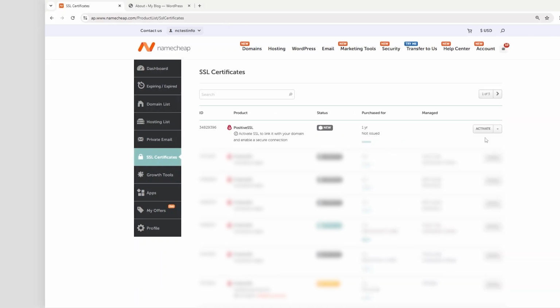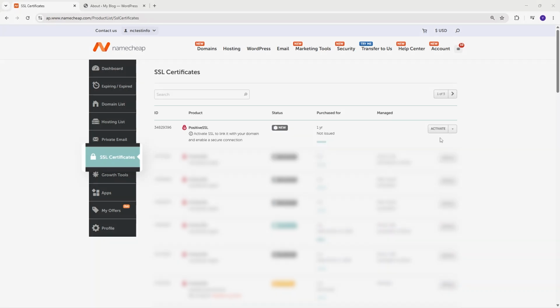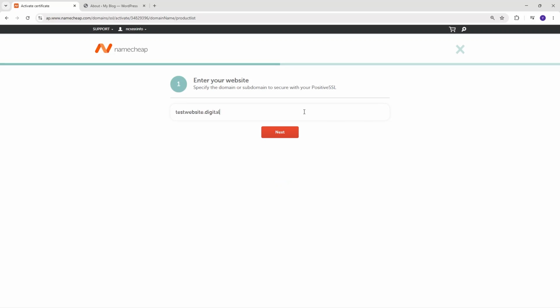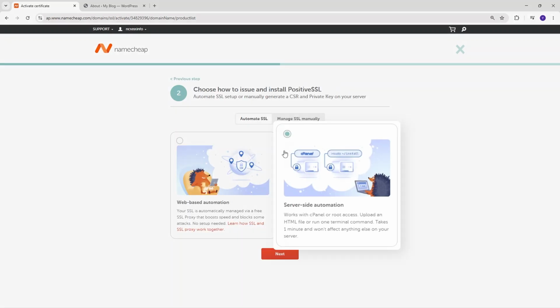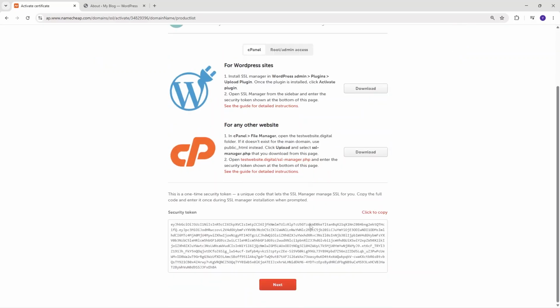installed via cPanel. To start the process, open your Namecheap account dashboard, then go to the SSL certificates page. Locate the certificate and select Activate or Reissue, depending on which process you're carrying out. Next, choose the domain you'd like to install the certificate to. Then select Server-Side Automation. Installing SSL Manager directly on WordPress is by far the easiest method if you have a